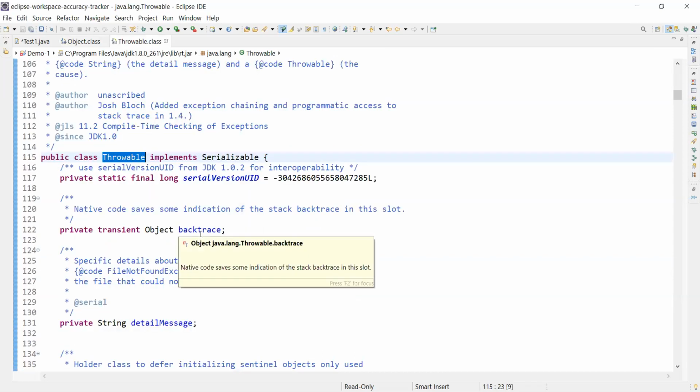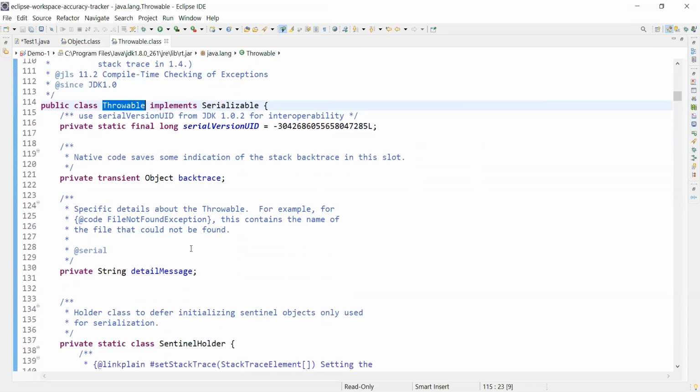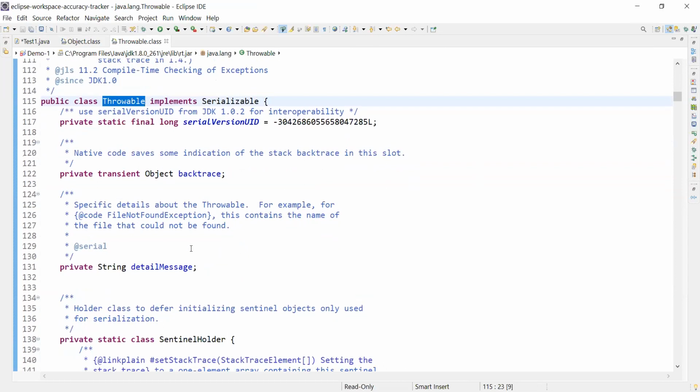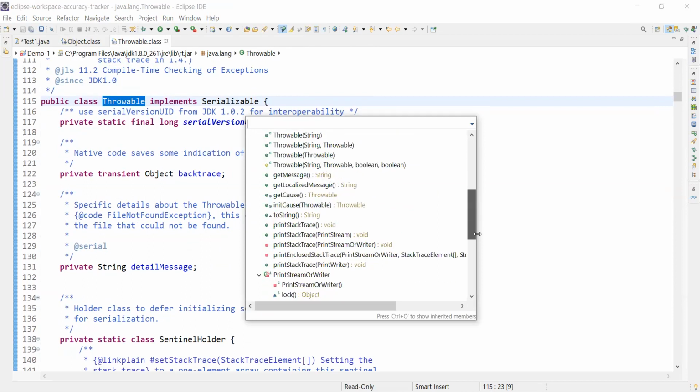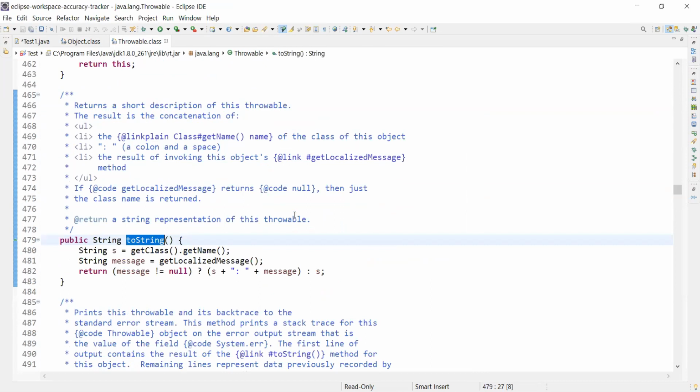In this Throwable class, we can see what methods are available in its parent class. What is that parent class? It is Object. There are certain methods which are related to Throwable itself, like printStackTrace, toString. toString is basically coming from its parent. They are overriding it here.